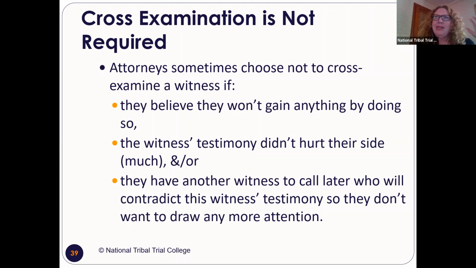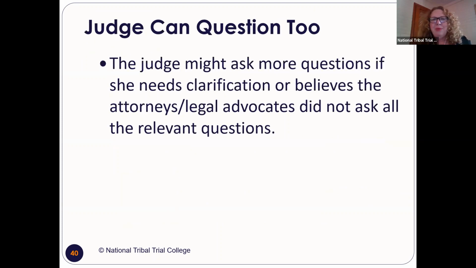If your expert witness's testimony didn't hurt them that much, they can just be like, we cool, no problem, no questions needed, right? And then the judge can rule that they're allowed to testify as an expert, okay? Or maybe they have their own witness. This is not very common that you're going to have an expert witness and they're going to be like, oh no, beloved Clarice, who's in her 80s that everybody loves, she stinks. We've got Fred, my neighbor Fred's going to testify. That doesn't happen that much, right? Just know that it's a possibility.